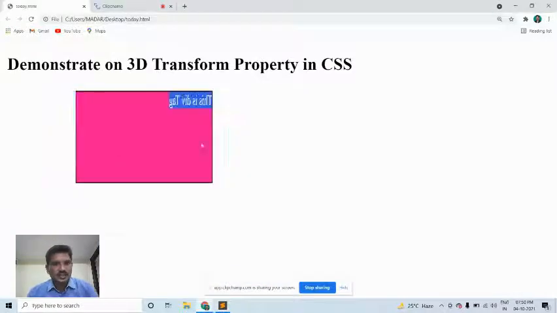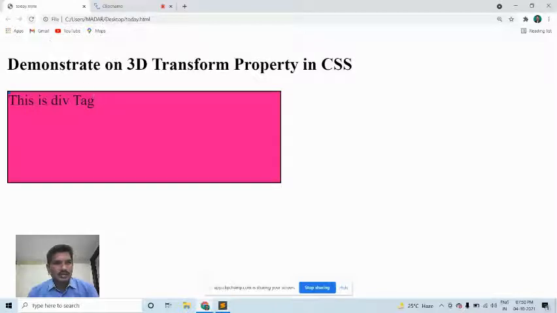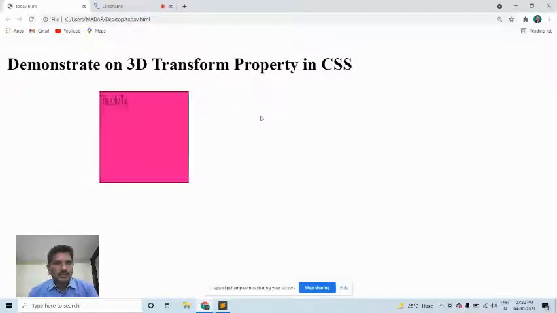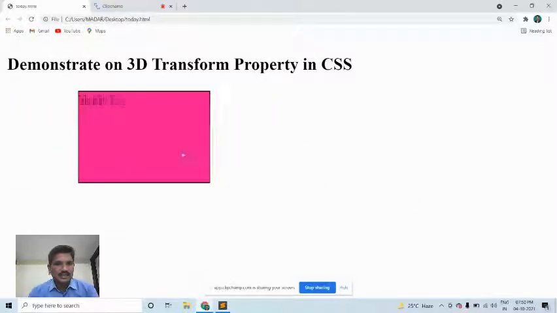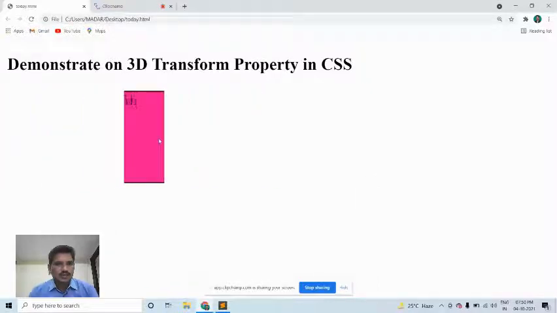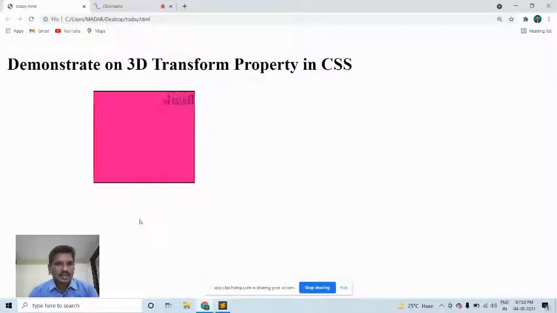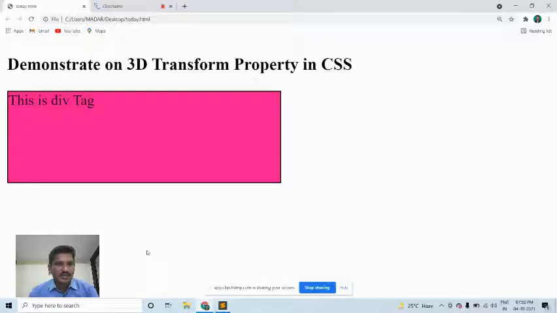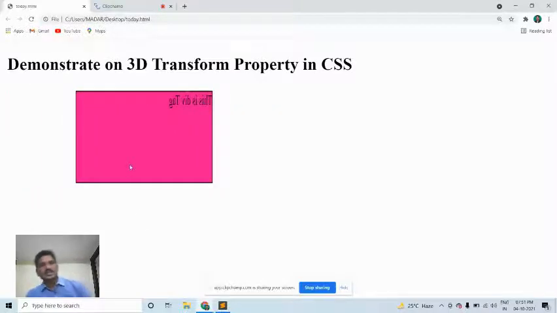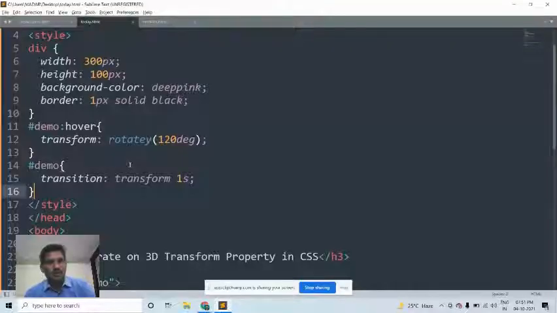Now you can see how it has been rotated; you can easily observe that. Then when I remove the cursor from the object and move it back on, see how it rotates. Please see the output.